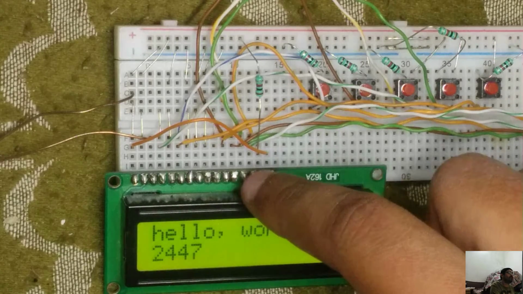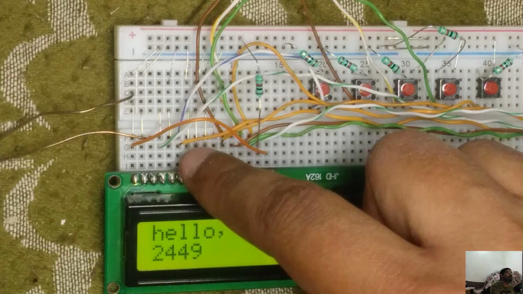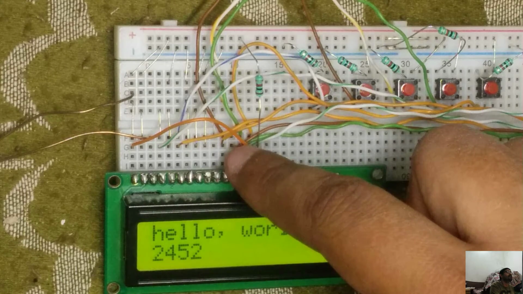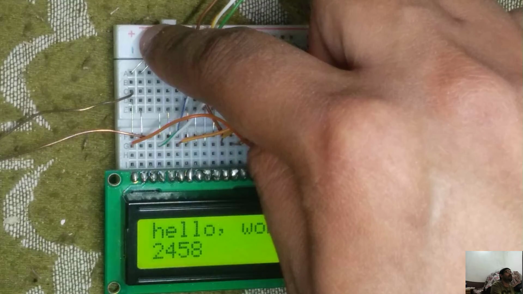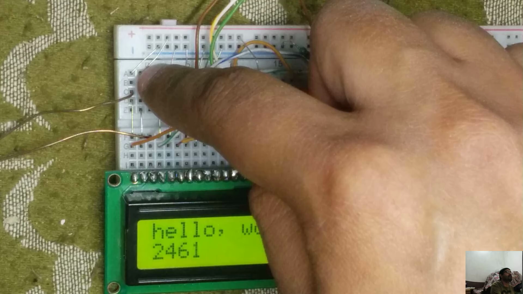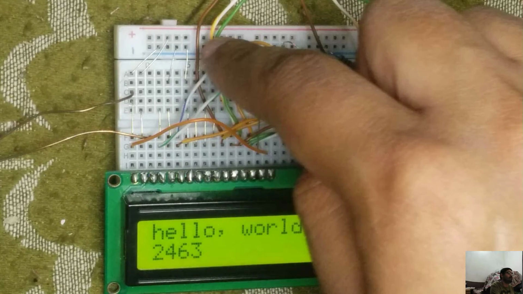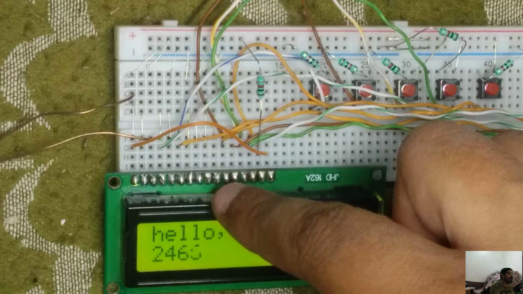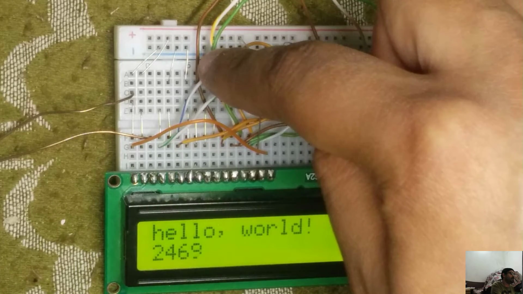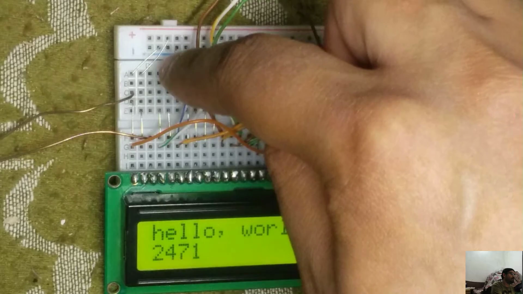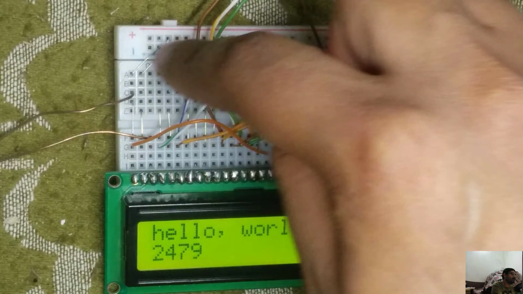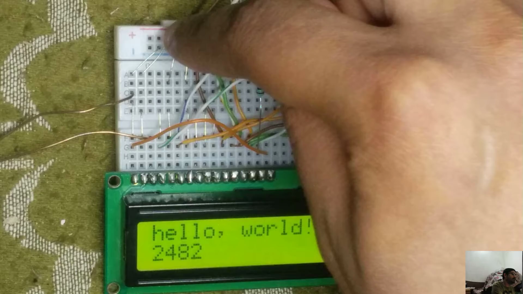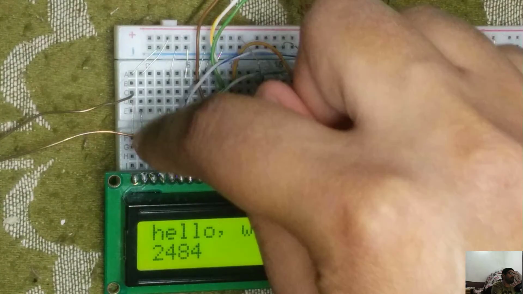For that reason, these pins here, here, here, and here, these four are actually grounded, as you can see. This is the positive of the power, this is the ground of the power. So these four are grounded here. On the powering side of this character LCD, we are powering through these rails. This one is ground that is coming to the LCD, and this is the VCC, which is 5 volt, coming to the LCD.